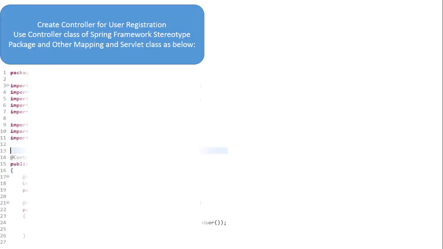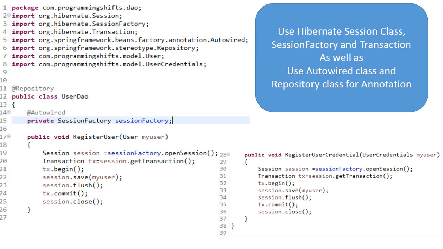The use of Hibernate will be in the DAO classes. In the DAO package you need to create a user DAO class, and above the user DAO class you need to use another annotation, @Repository, that will hold the database functionality.